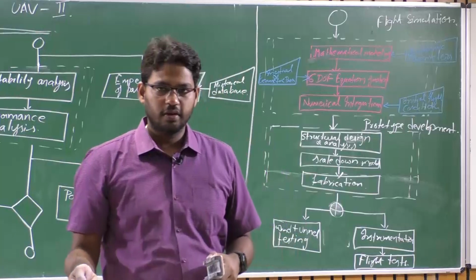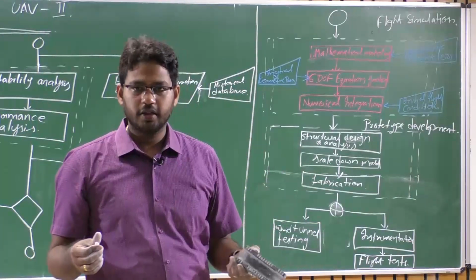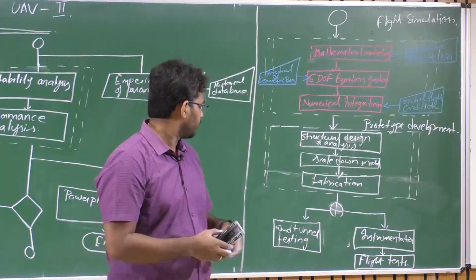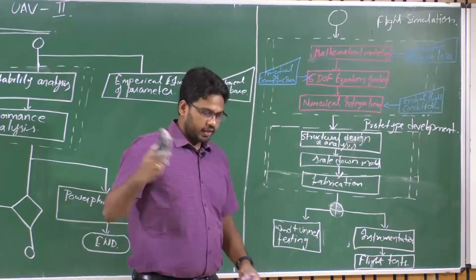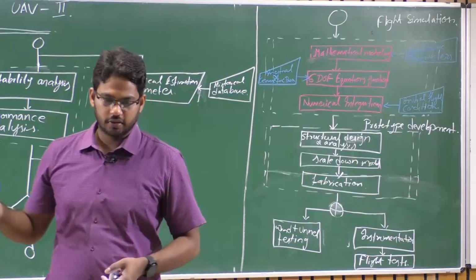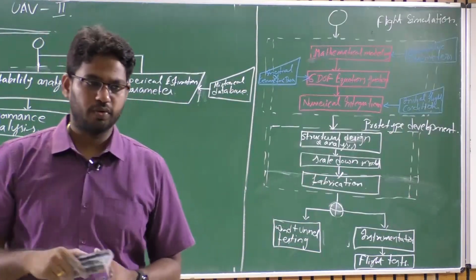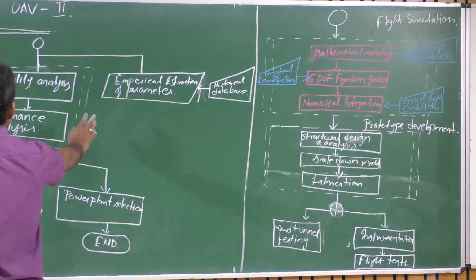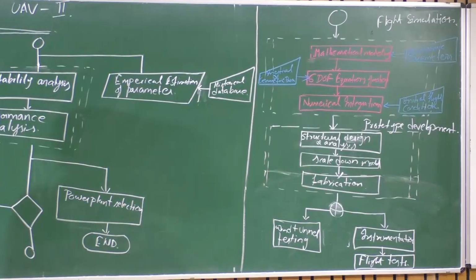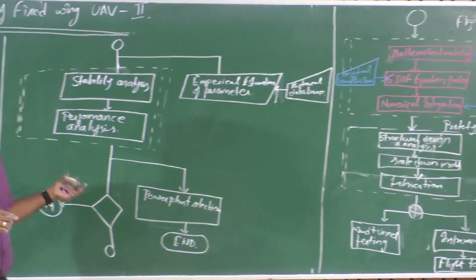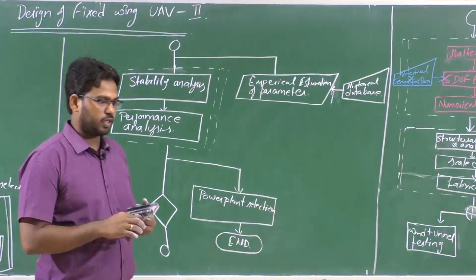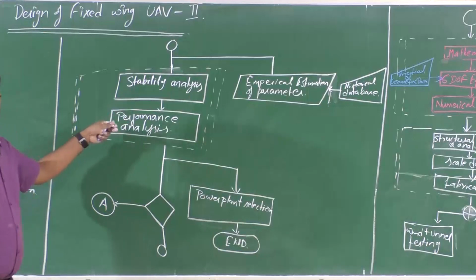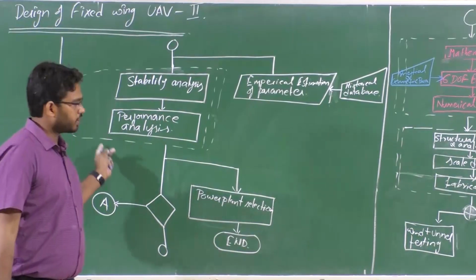Analyze the performance as well as estimate the parameters using existing parameter estimation techniques, right? And if you find that you need to change any of the parameters, say you need to increase the damping, you again revisit the stability analysis here. Can we do it without changing the configuration, by changing the CG? In a way you can shift the loads, rearrange the loads, achieve a different CG location, and see the simulated response of it.